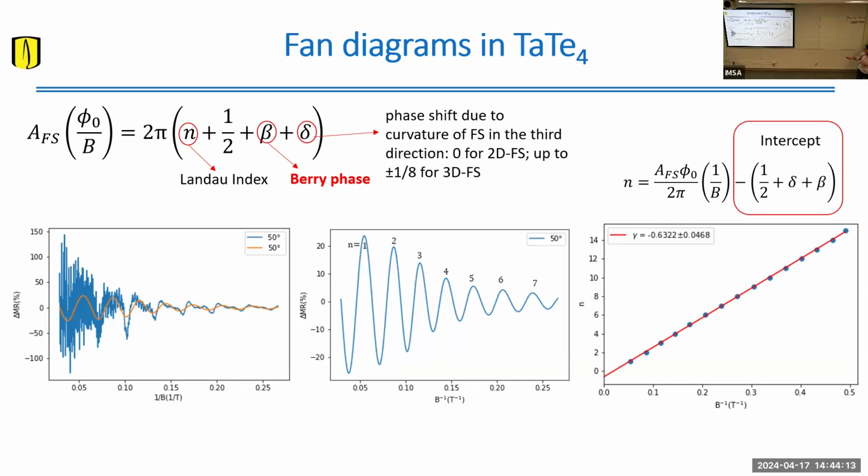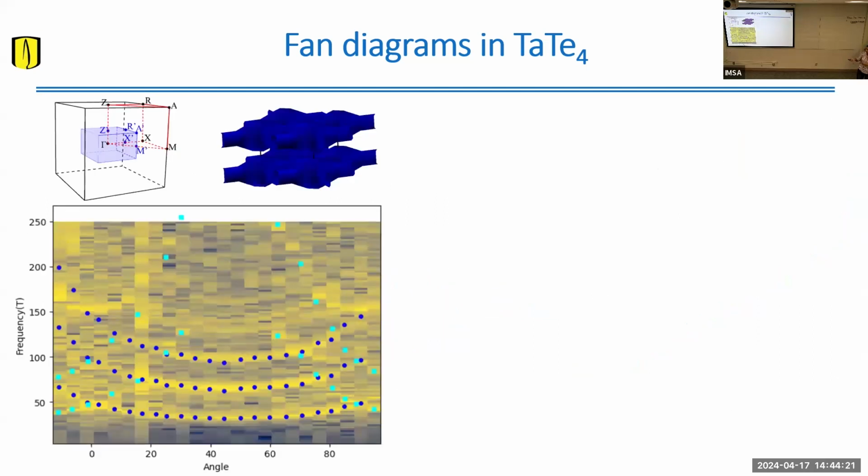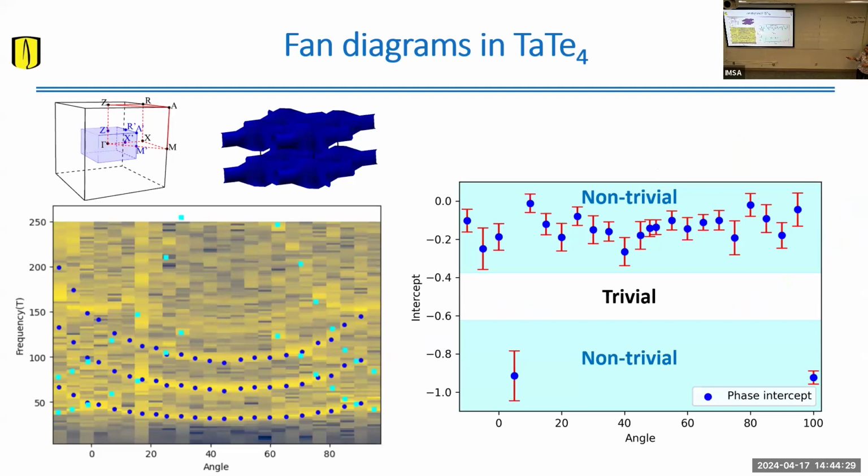And if you subtract the intercept, you can deduce whether the Berry phase is trivial or non-trivial. So that is exactly what we did. Most people do this for one set of measurements from one angle. We have performed the same kind of analysis for all the different angles, and we have found that this region has a trivial Berry phase, a Berry phase equal to 0, and these would be regions in which the Berry phase is expected to be non-trivial.